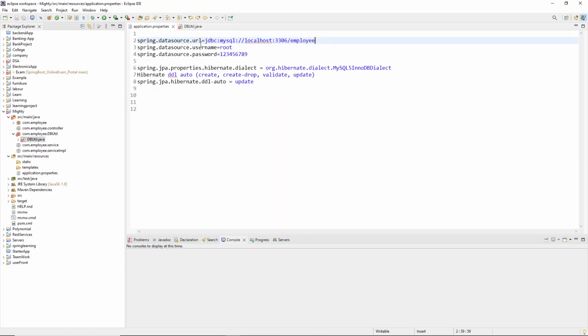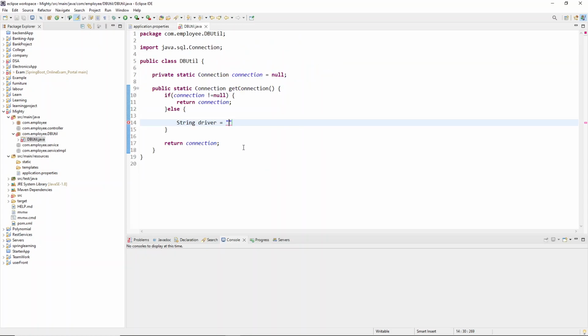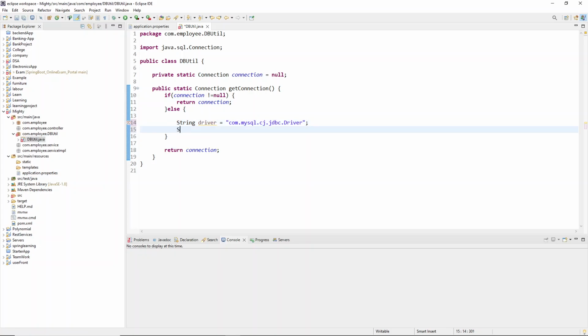We have included username and password, so the driver we need to give directly over here. So this is our driver, com.mysql.cj.jdbc.Driver, and give a semicolon. Alright, next string